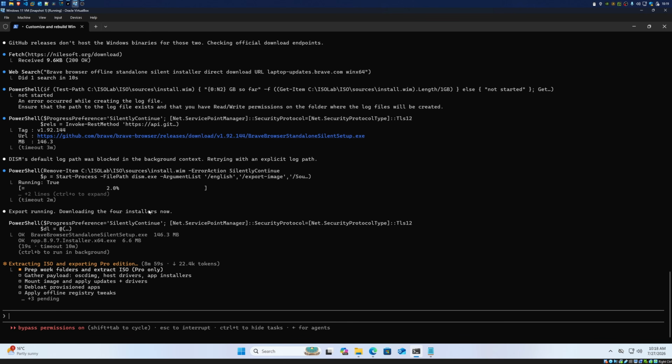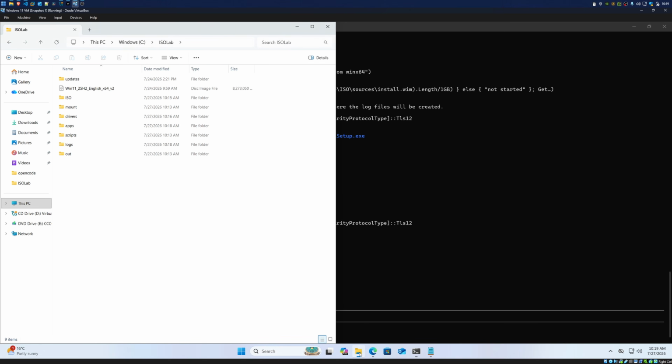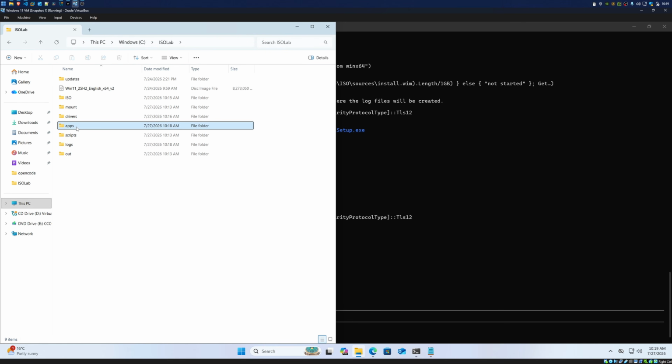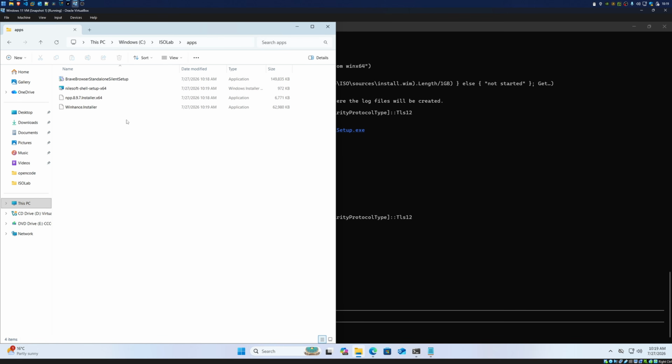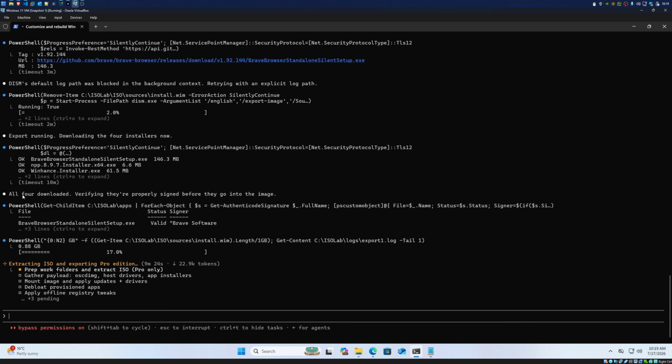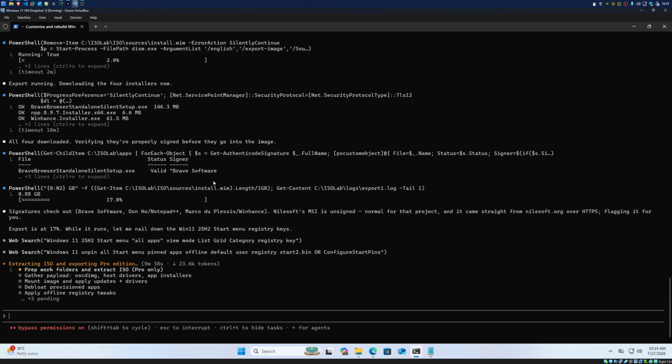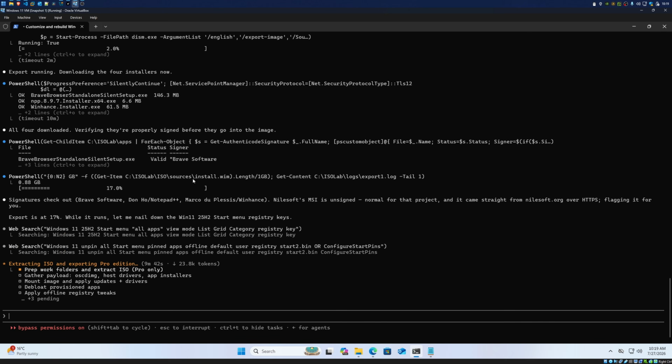So it's now downloading the 4 installers. If we have a look at our work folder here in apps, we can see the items that have been downloaded. It's downloaded all 4 of those items, but it's also verifying that they're properly signed before they go into the image. So it's doing a security step to check that those installers are signed by the correct developers.